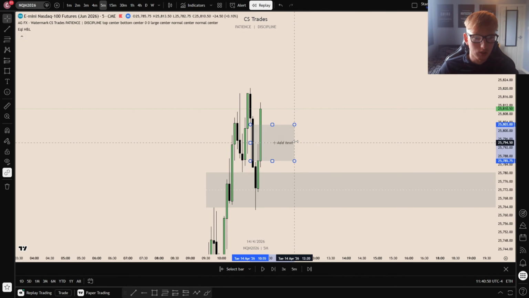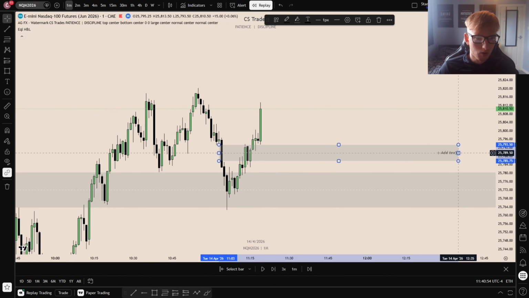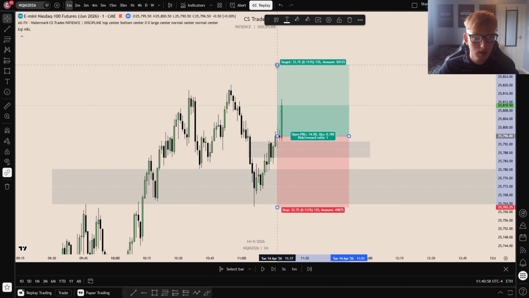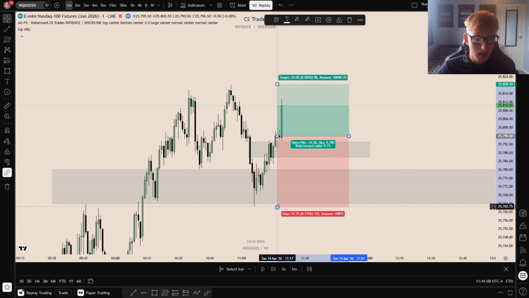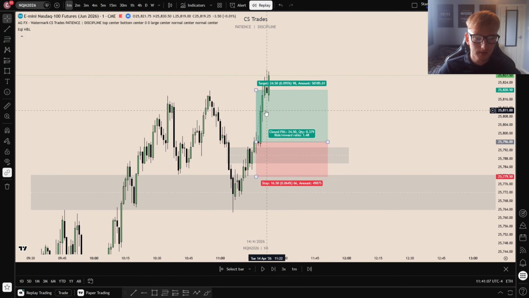You can see the 5-minute was a super nice V-shape. The 1-minute, you would have got much better risk to reward on, as you can see. You would have entered on this candle close, simply targeted the recent high, and yeah, you could have got about a 1.5 risk to reward on this trade quite nicely. So this was definitely trade of the day.